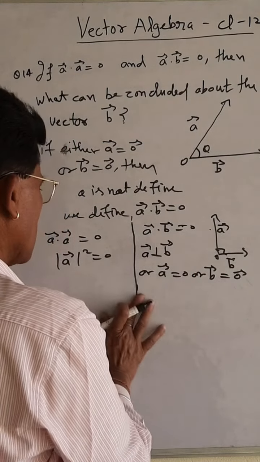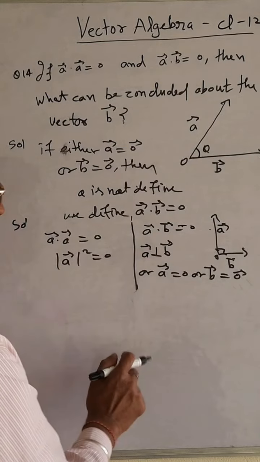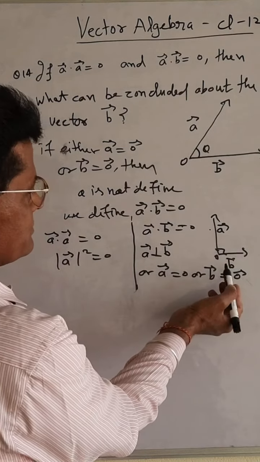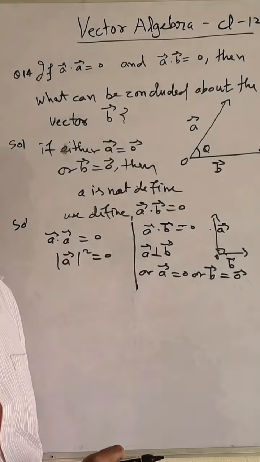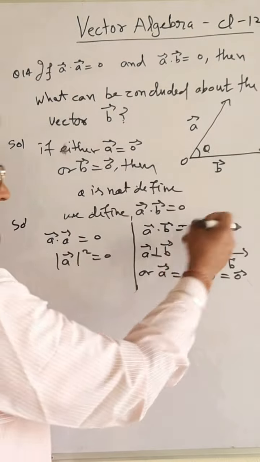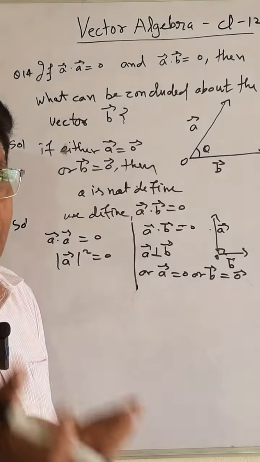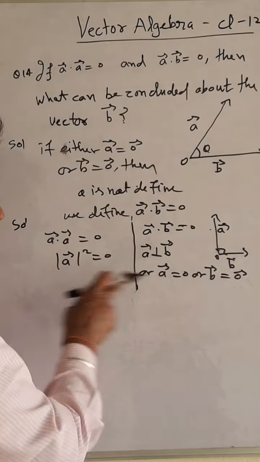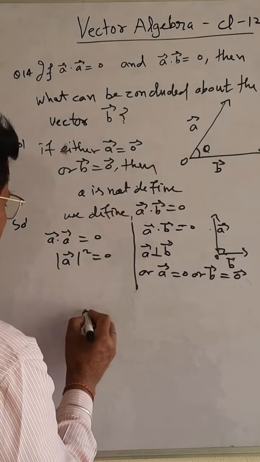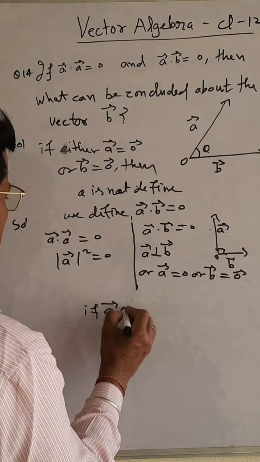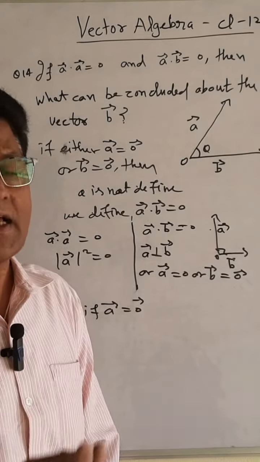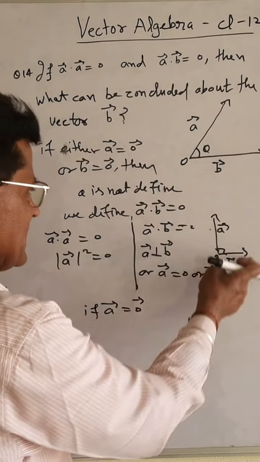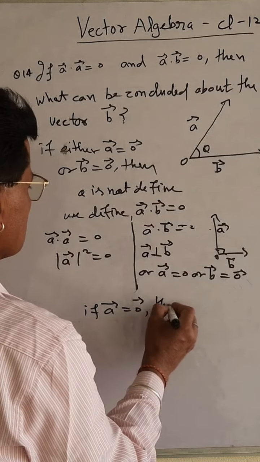You see, I want to explain this thing properly. If vector A is 0, then what will happen? Vector A will be on B vector. Okay? And there will not be any vector. 0 means its magnitude is 0, already we defined it. Then if vector A is the 0 vector, then what will you say about the vector B? If vector A is 0, then you can say that,